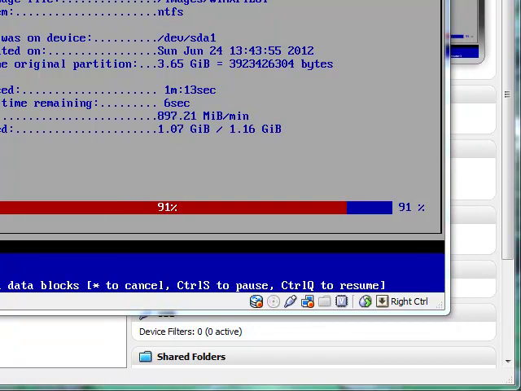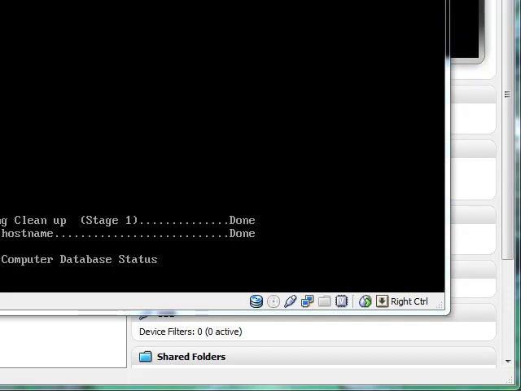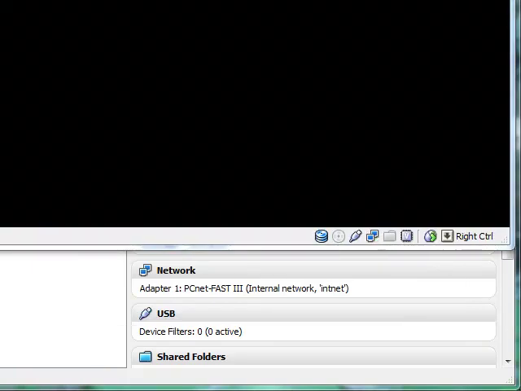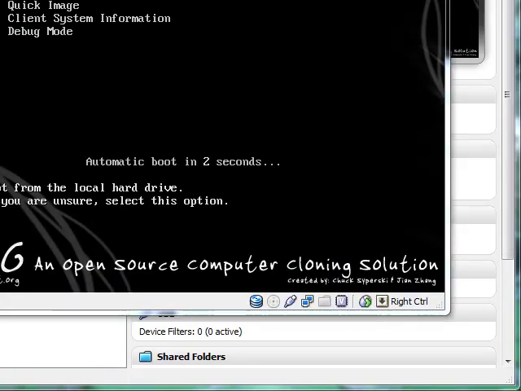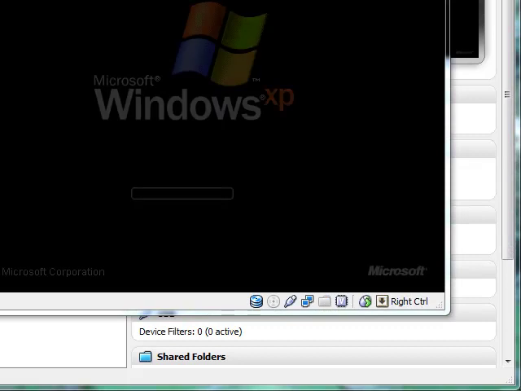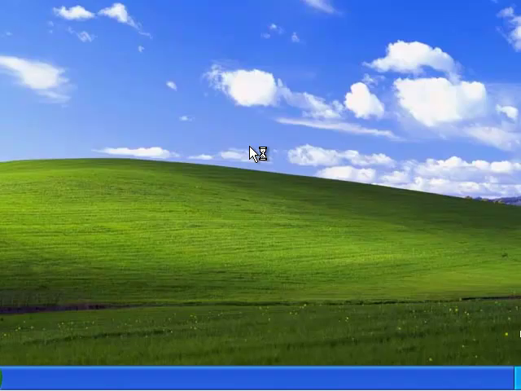And it's almost done. I wanted to get this captured for you so you guys can see it. Finish up. And there it goes. It's finished. It's loading. Let's watch it go through and boot up to Windows XP now. Remember, this is Windows XP 2. This is the secondary one. I'm going to go ahead and hit enter to boot from hard disk, which is what we want to do. And as you can see, it looks like it's loading just fine with a saved image from inside of Fog